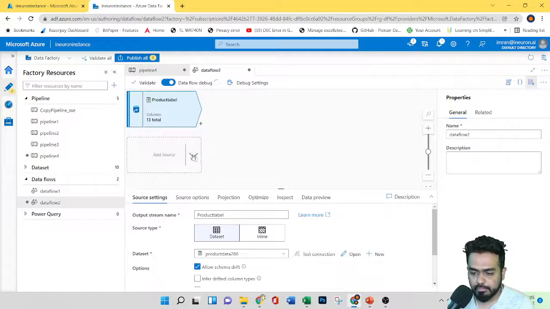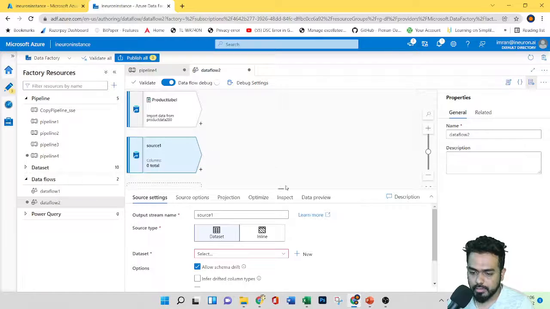Fine. Let's add one more source. As soon as I click add source, I'll get one more set of the same kind of settings, right? So this is a new source I'm getting. Here let's add the product category table.